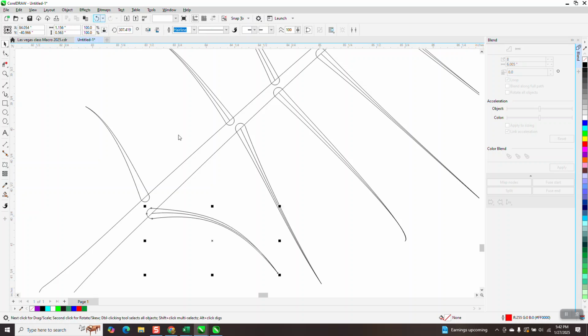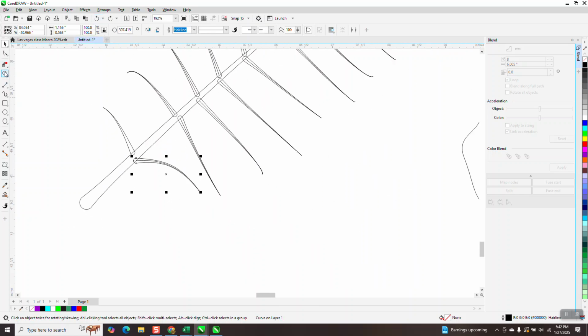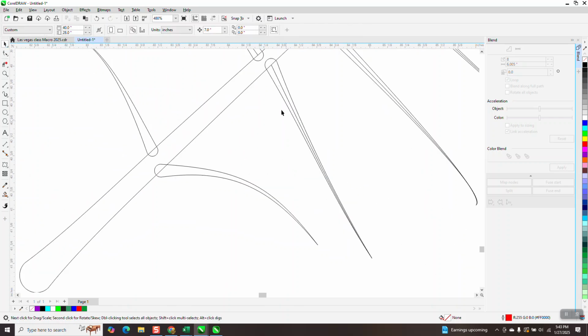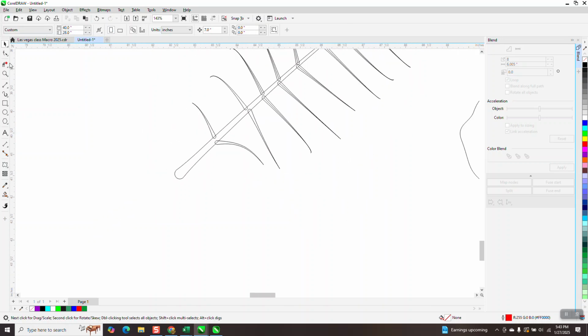Whoop, I got the wrong line. And select, it might be easier to select that one and move it out of the way, but I ought to be able to grab it. There we go. And then just go through and delete that line and be watching to make sure you don't delete the whole